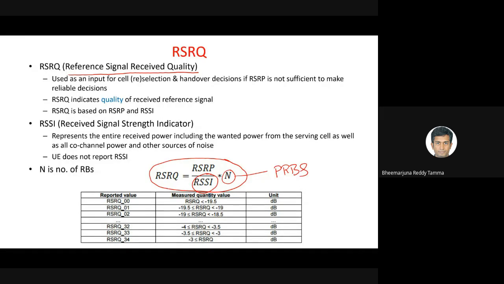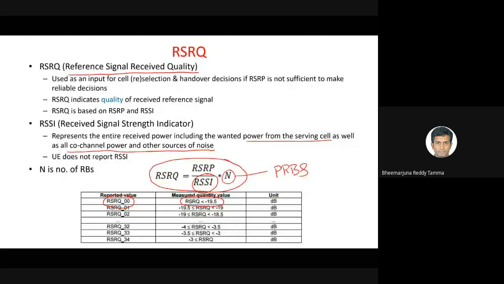Here you not only look at the power received from the serving cell, you also look at the power received from other base stations and other users, including the background noise that you are getting. Something similar to SNR, but not exactly the SNR. And here also you can see the mapping between RSRQ with the RSRP and RSSI. For example, if the RSRQ value is less than minus 90.5, the base station will report that as a value of